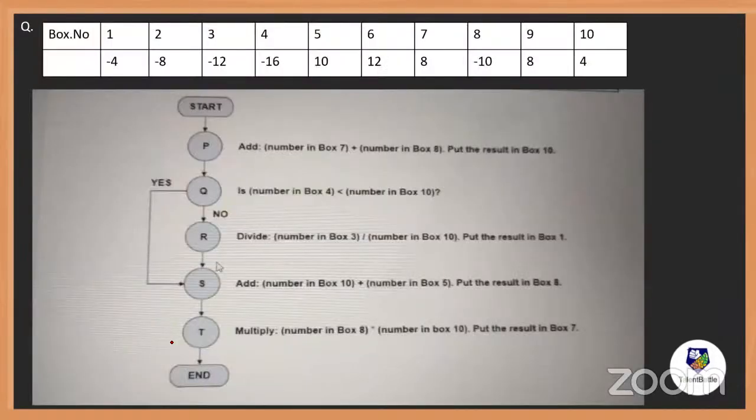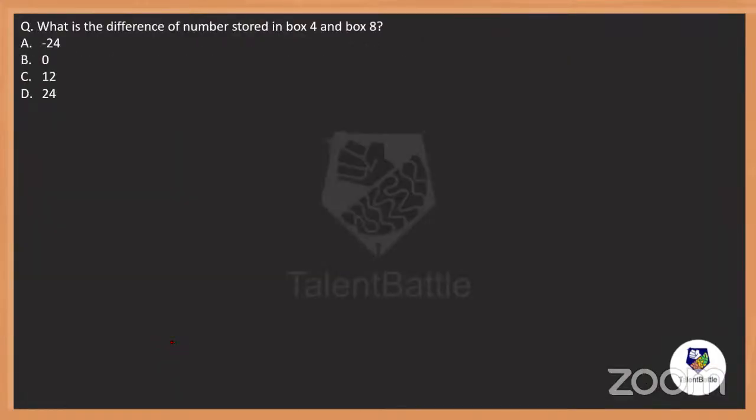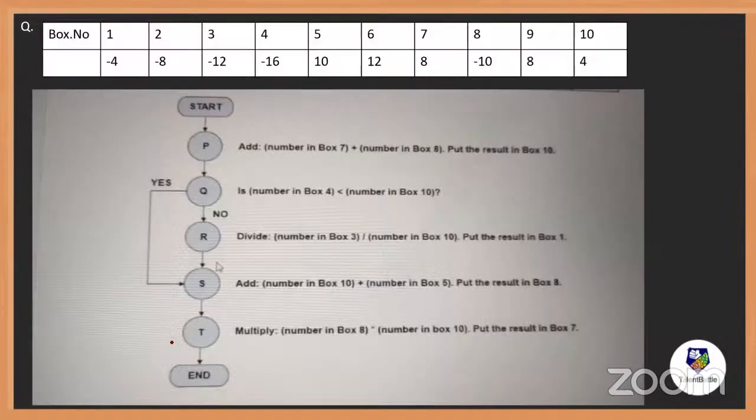So here is a question which is based upon a flow chart. This is also a good kind of model. Now they have introduced, even in Accenture they started giving flow charts. So here also we have one flow chart question. First we need to understand this flow chart, and based upon it, they have asked us 3 different questions. So we need to solve this flow chart first of all. The meaning of the flow chart will be given here.